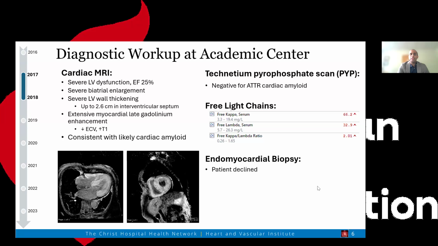So really the team at that point was left in this period of ambiguity, and actually recommended an endomyocardial biopsy, which is very reasonable at that point. Unfortunately, this patient had been through so much. She had some distrust in the medical system, given how many admissions she had. And at that point, she opted to leave that academic medical center, not pursue further workup, and end up being labeled kind of restrictive cardiomyopathy, not otherwise specified.